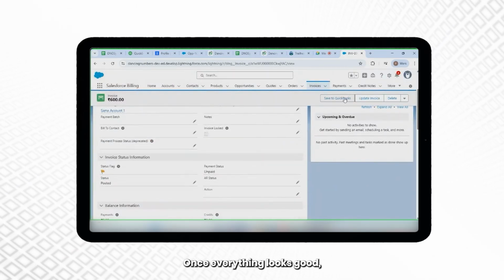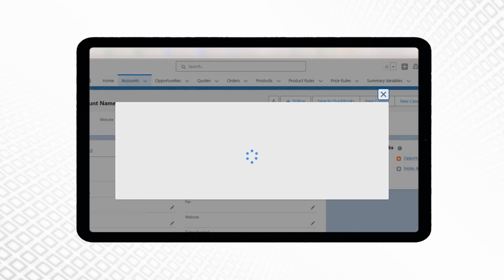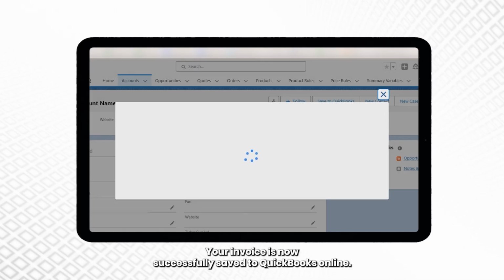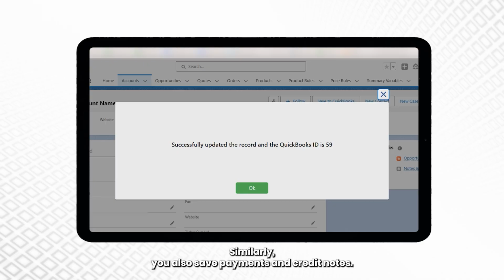Once everything looks good, click on the Save to QuickBooks button at the top right corner. And that's it. Your invoice is now successfully saved to QuickBooks Online. Similarly, you can also save payments and credit